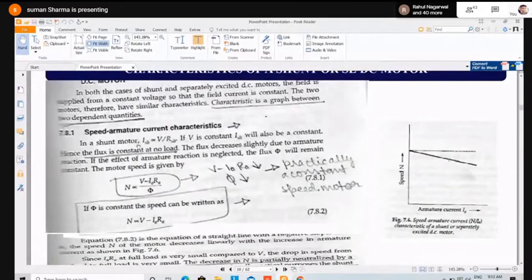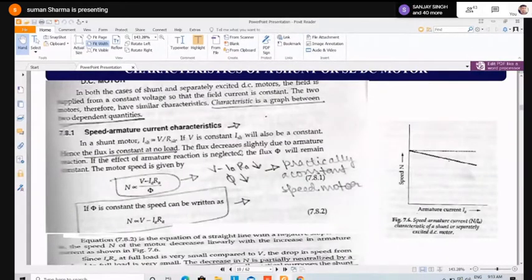शंट मोटर में करंट हमारा जो होता है, that is applied voltage divided by Rsh. For particular construction ये Rsh आपका सेम रहेगा. यदि आप V को भी कांस्टेंट रखते हो, उसको वेरी नहीं करते हो अप्लाइड वोल्टेज को, तो आपका शंट करंट कांस्टेंट हो गया. शंट करंट कांस्टेंट हो गया इसलिए फ्लक्स कांस्टेंट हो गया. सो शंट मशीन जो होती है, that is constant flux machine for no load condition. आपने कोई लोड कनेक्ट नहीं किया. यदि लोड कनेक्ट करते तो यहाँ पर ड्रॉप होता वोल्टेज का. यदि लोड कनेक्ट करते तो फ्लक्स डिक्रीज.